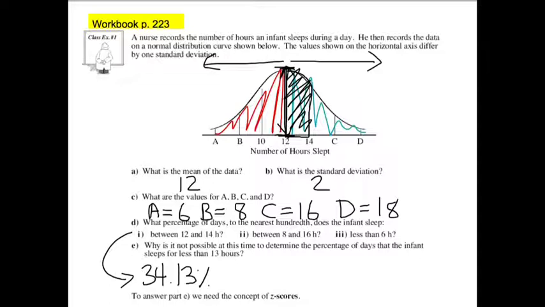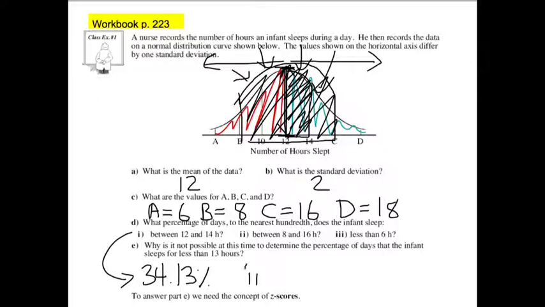What percentage of days does the infant sleep between 8 and 16 hours? Well, B is 8, and then that's all the way over to here, which is 16. And so we're looking for this data right here. What you can do is look at your normal standard deviation curve and add each one of those parts. There's going to be 4 parts you're looking for. That's 13.59% plus 34.13% plus 34.13% plus 13.59%. So that, for 2, is going to be about